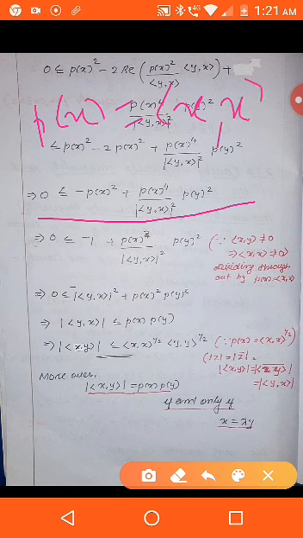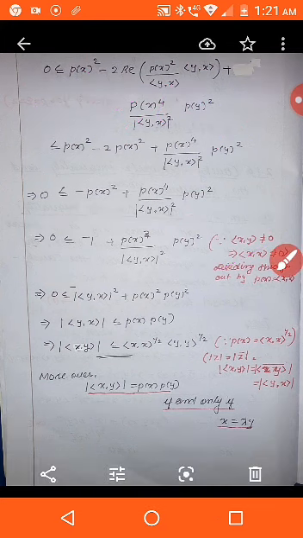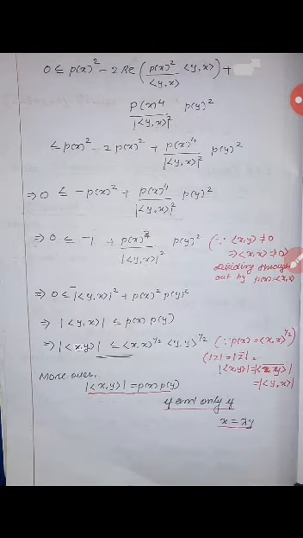So p of x the whole square is the inner product of x comma x, and we have already assumed that the inner product of x, y is not equal to 0, which means the inner product of x, x is not equal to 0. So we can cancel p of x square on both sides; that is, we are dividing both sides by p of x the whole square. Hence we will get 0 less than or equal to minus 1 plus p of x the whole square divided by modulus of inner product y, x the whole square, p of y whole square,